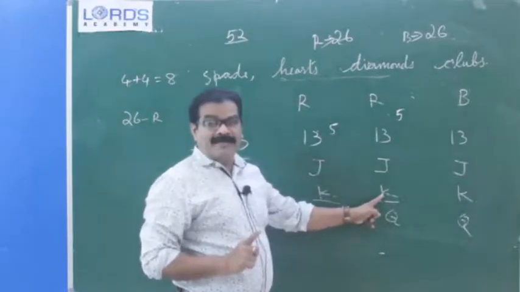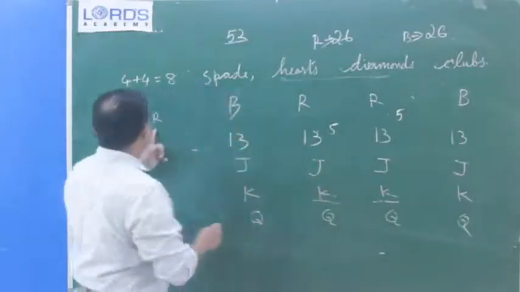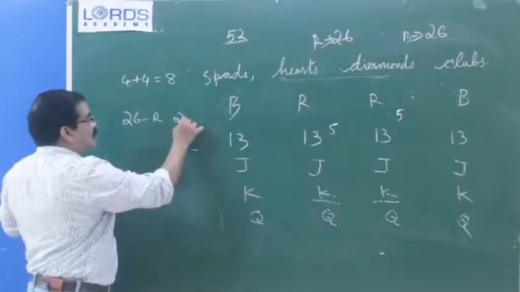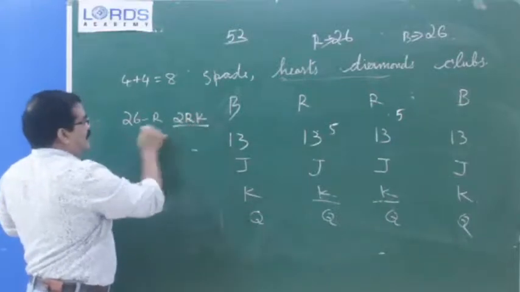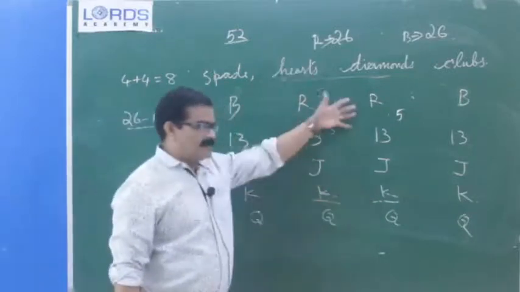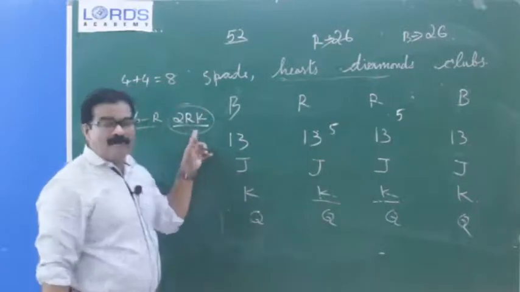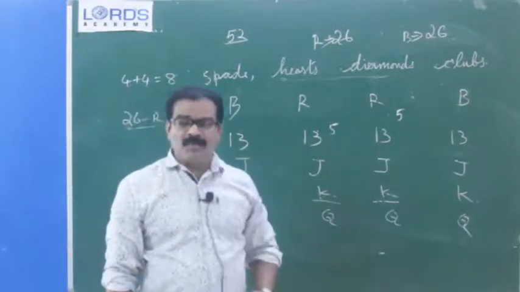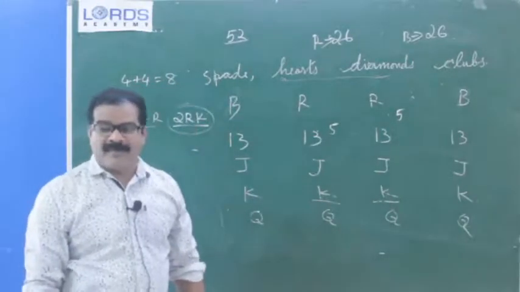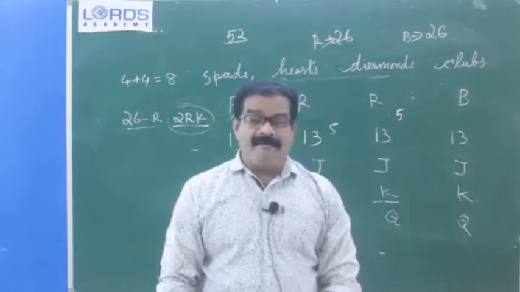Okay, 2 red kings, that you can take, 2 red kings. So the intersection will be these 2 red kings. In this playing card deck, you can see the intersection will be 2. Therefore, the number of favorable cases is 2. Did you understand? Any doubt about that one? Did you get the idea?